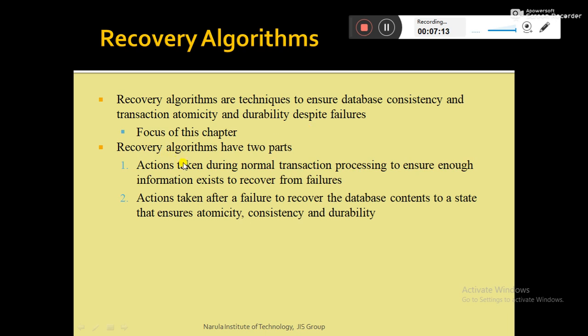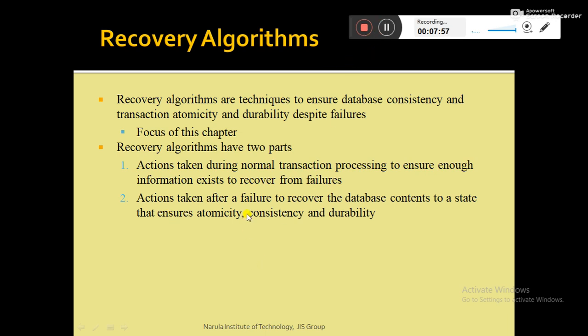Now the recovery algorithm basically has two parts. First, during the transaction execution process, the recovery algorithm has to maintain enough information about the data items which are being modified. It means while the transaction is executing, the recovery algorithm needs to maintain enough information about the data items being modified, so that we can recover from the failure with the help of this information. And second,